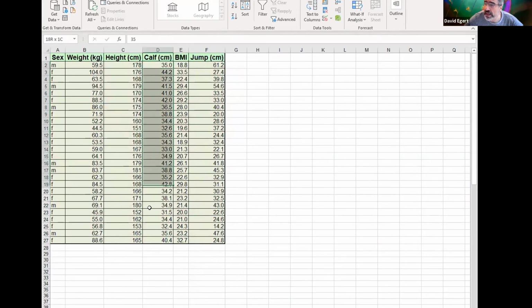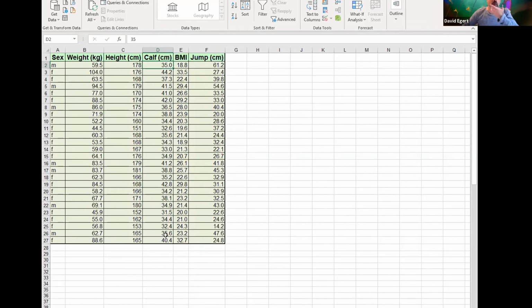I look at my calves here, and I look at the range. There's no reason to start calf at 0 on my graph because nobody has a calf of 0. I want to spread the data out so I can analyze it well. The smallest calf I have is like 35. The widest calf I have looks like 44. So I'm going to probably have my calves go from 35 to 45 and spread that out